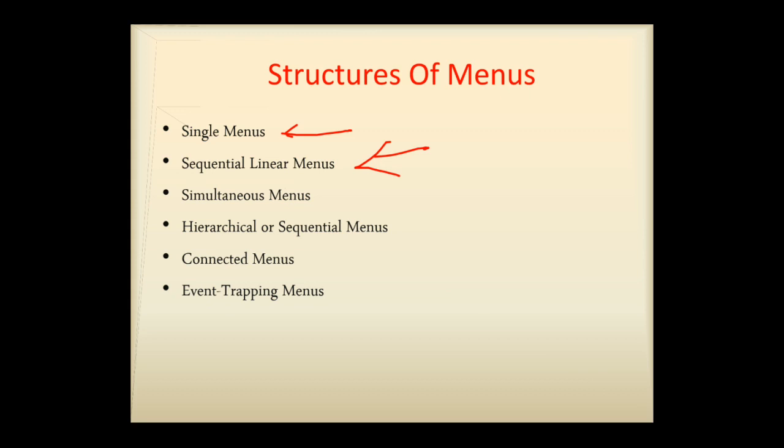So then moving on to the next type of menus, that is the hierarchical or sequential menus. When many relationships exist between menu alternatives, and some menu options are only appropriate depending upon the selection of a previous menu, in that case, a hierarchical structure becomes the best solution. In website design, hierarchical menus are often referred to as sequential menus, right? So don't get confused between sequential menus and sequential linear menus here.